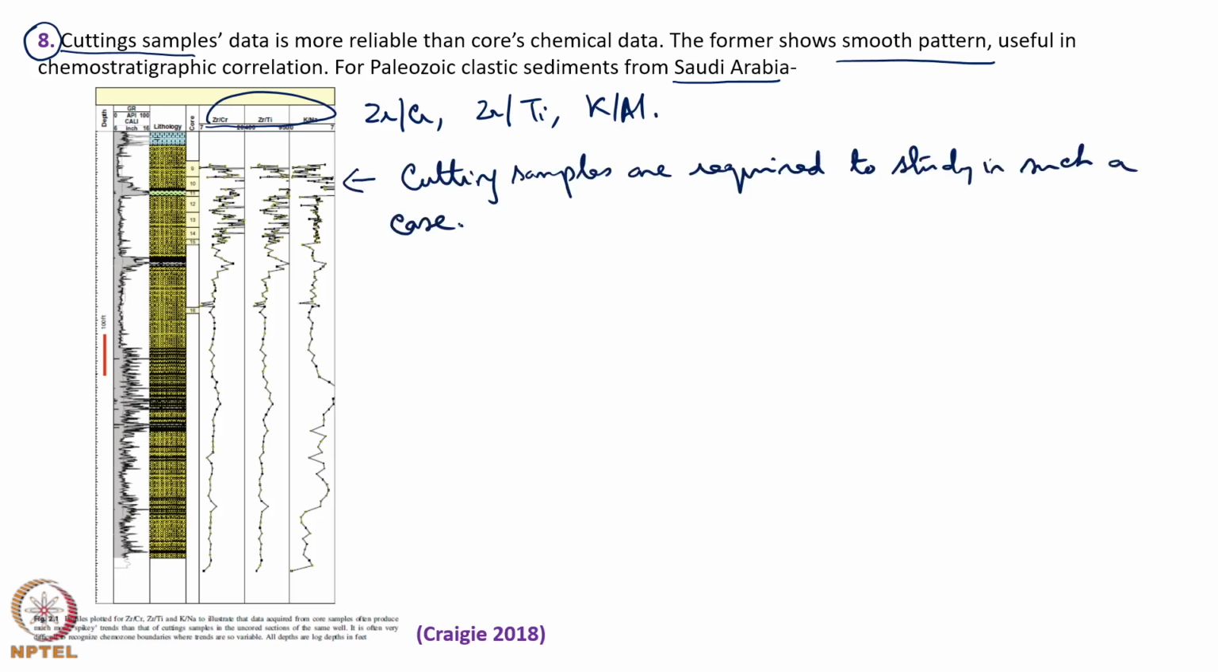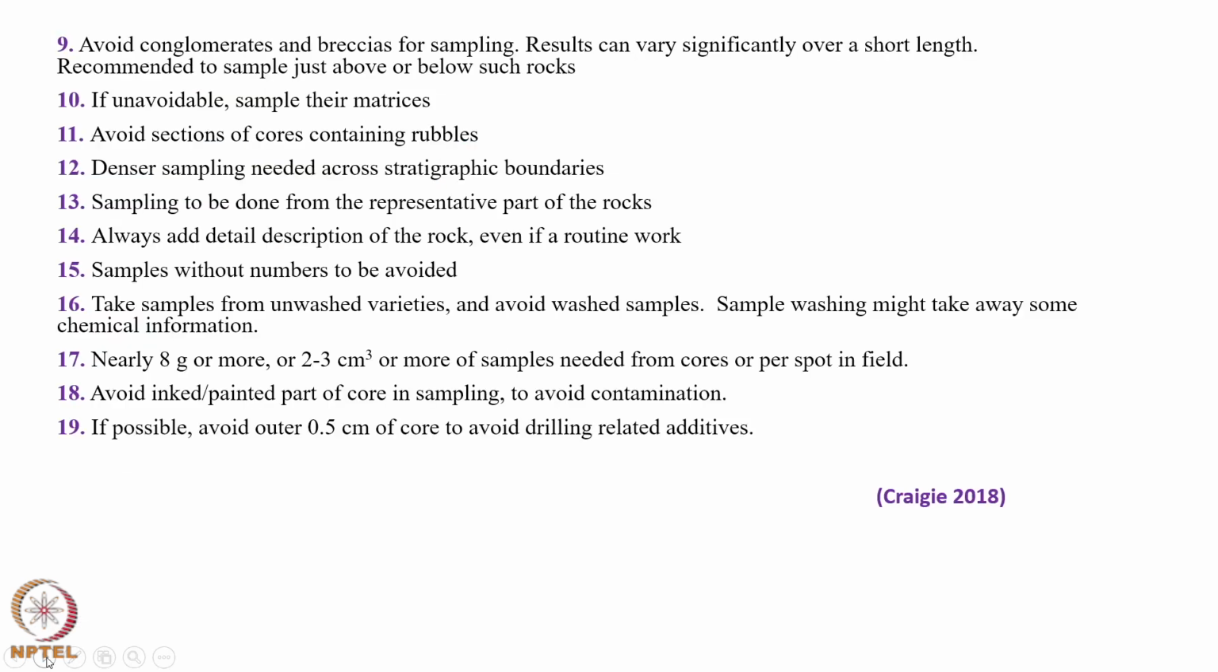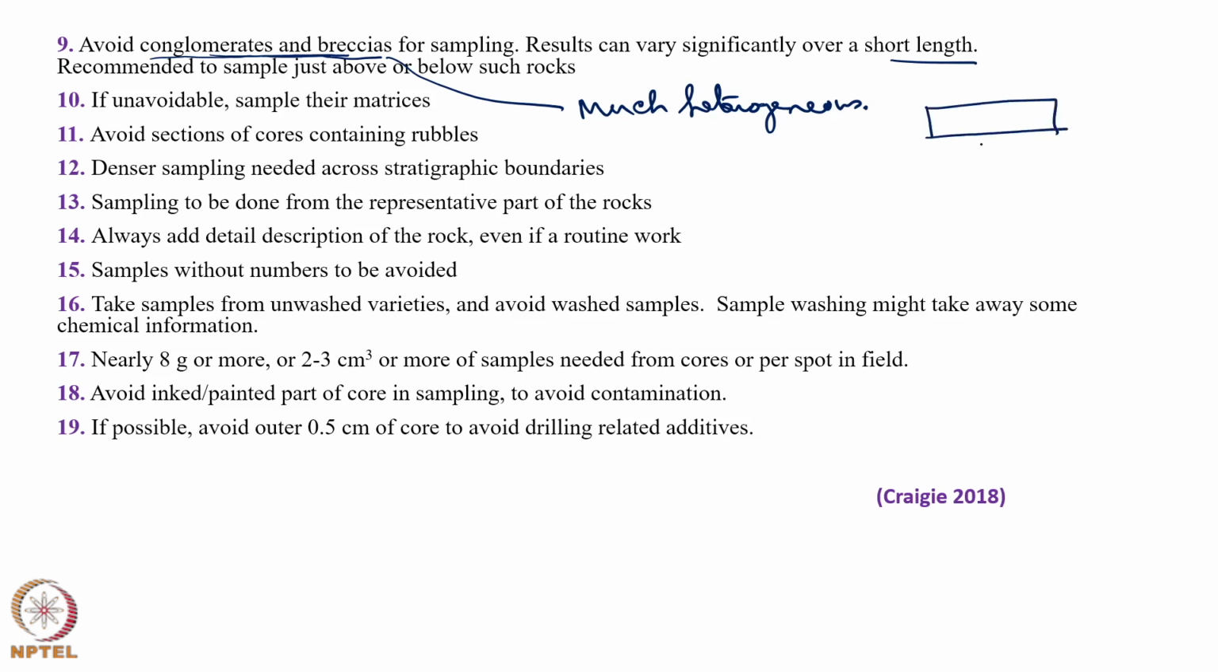Now, the question comes, suppose both the core and the cuttings are uncontaminated, or whatever contamination was there has been removed by chemical processing. In that case, do you think that the core and the cutting can give different kinds of data? While sampling, avoid conglomerates and breccias, because these are rock types which are very heterogeneous. Results can vary significantly over a short length. If this is a sample of breccia, then from here to there there can be too much variation in the chemical composition. So, what is recommended